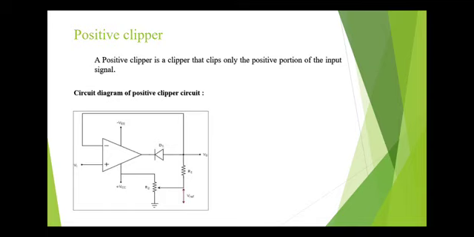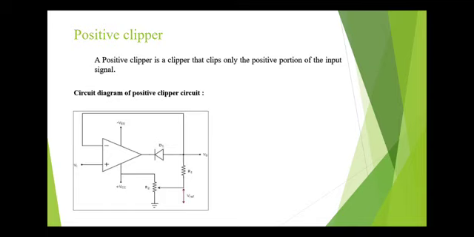circuit is: if the value of the input voltage Vi is less than the value of the reference voltage, then the diode D1 conducts. Then the circuit given behaves as a voltage follower. Therefore, the output voltage V0 of the circuit will be same as that of the input voltage Vi for Vi